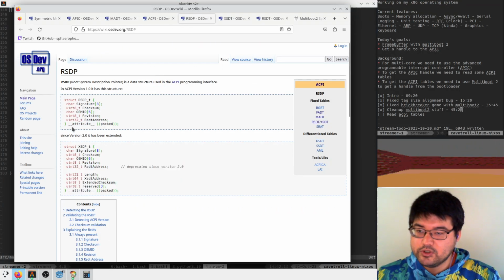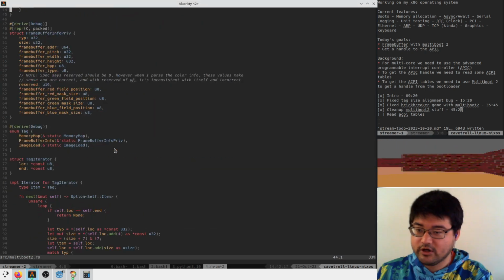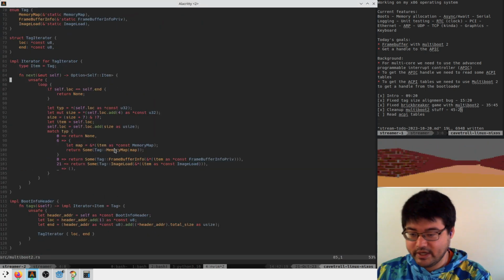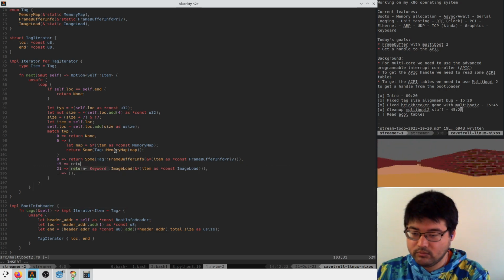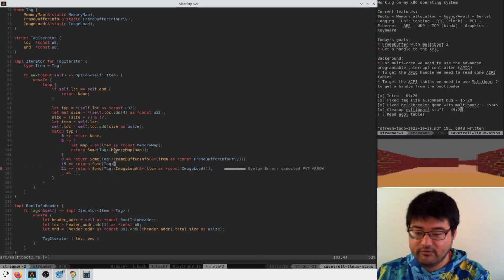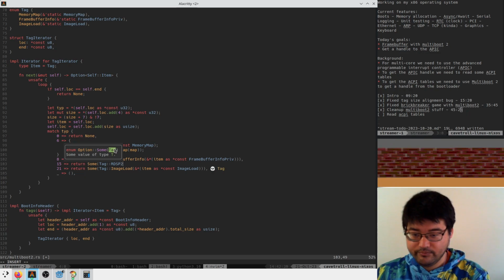So this whole thing started because we weren't sure if we wanted version 1 or 2. Let's do version 2, which means that in our tag iterator, we are looking for tag 15. And here it's going to return some tag of what? RSDP2.